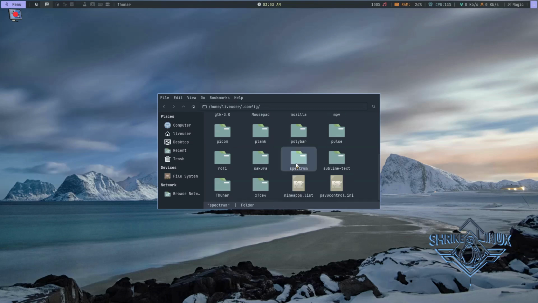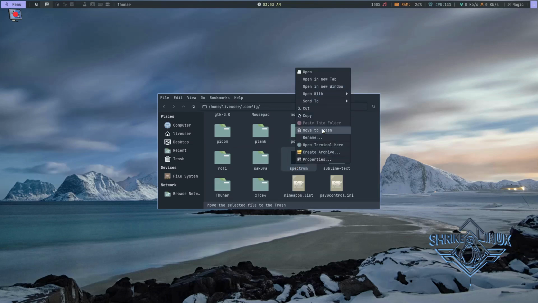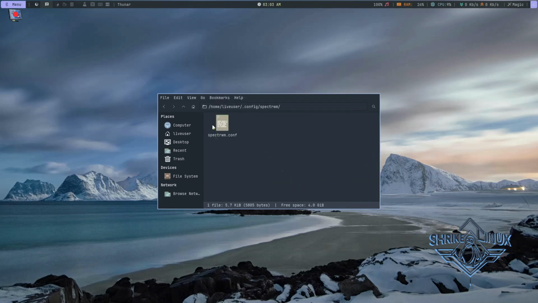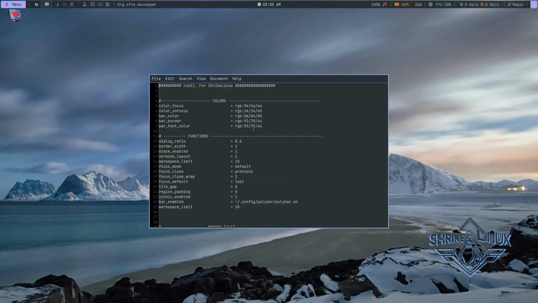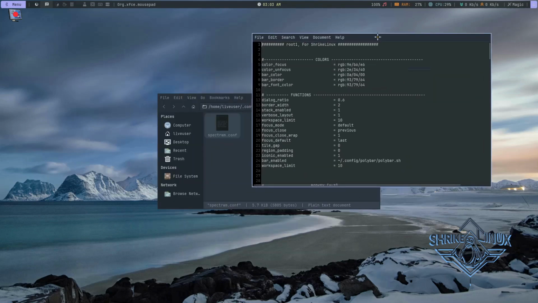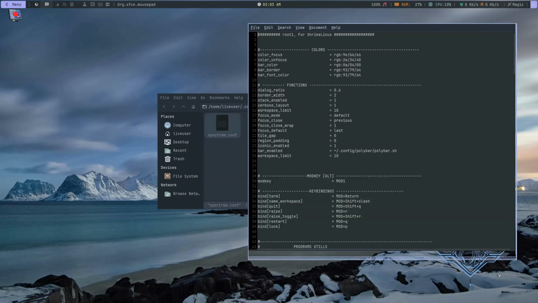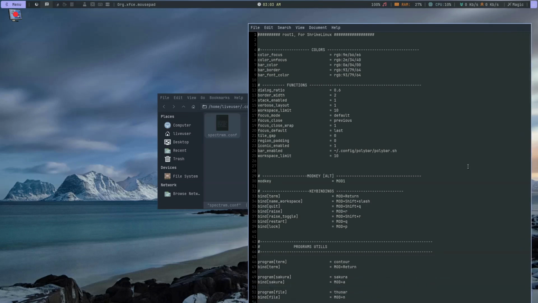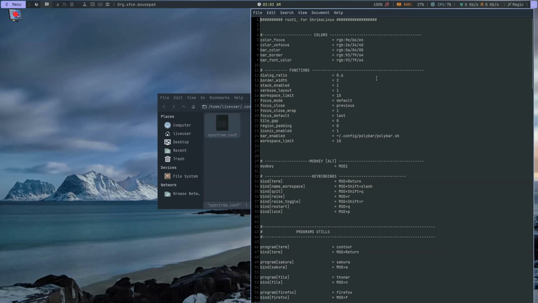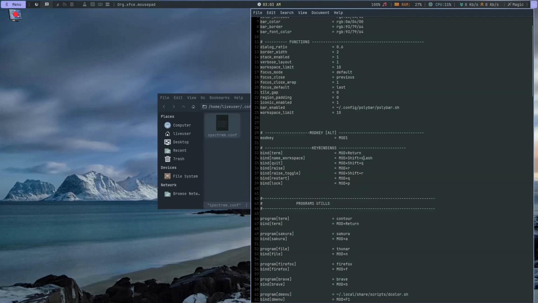We want to see our bindings here. Let's go to Spectrwm. So let's see it here. I don't know why I always want to use this computer which has no RAM. Okay,